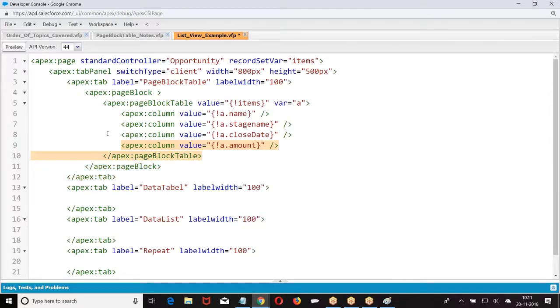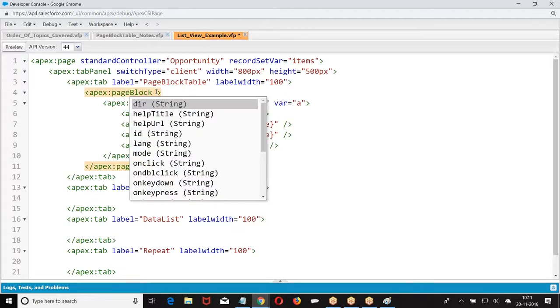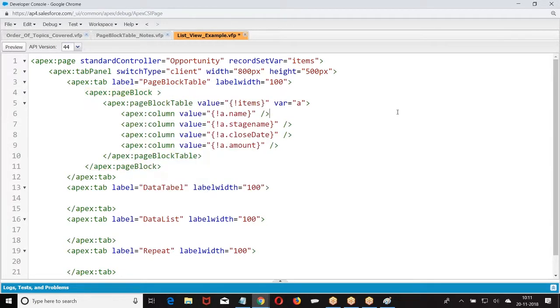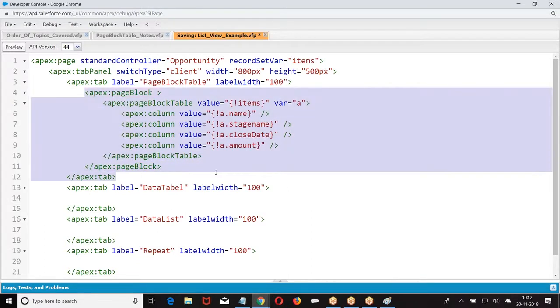This is how I created. The way I created. Do you remember mode equal to main detail? I'll tell you. Look at this. First, let me show you this. Till here, I hope everybody is good with this. Tab panel with a tab. In the tab, what I am displaying? Page block table. Let us see the data, what we are getting. Let us see the output.